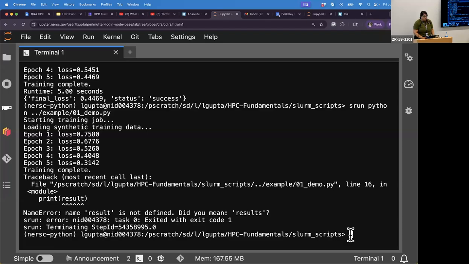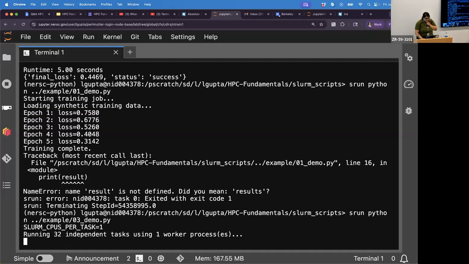Okay, so we've seen a couple things. We've run a couple. How has it been using salloc for people? Did you get it to work at all? You did, and you ran your Python script and it worked. Okay, and how long did it take to complete? Mine says 5 seconds. It doesn't say runtime. Which one did you run? I ran the demo